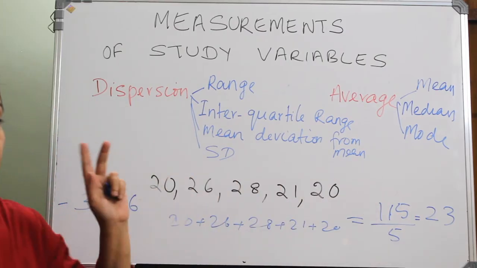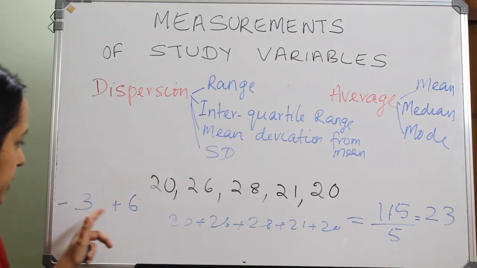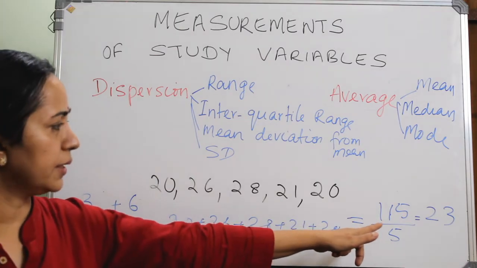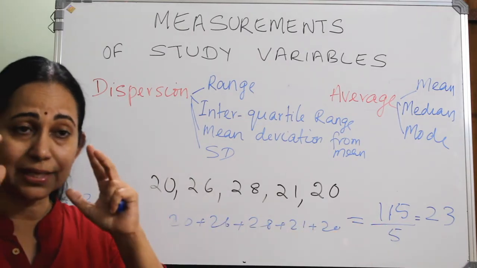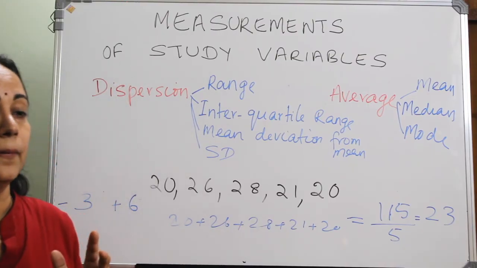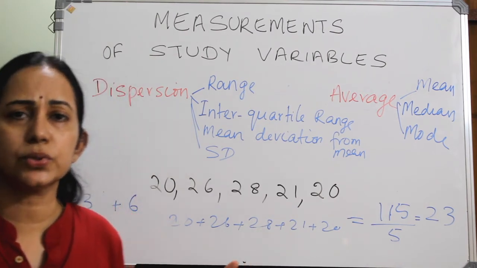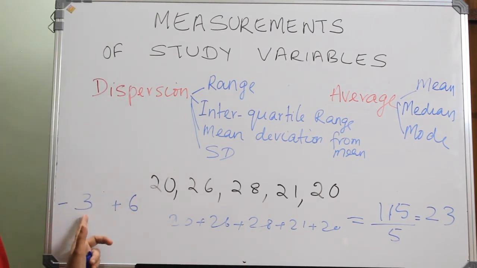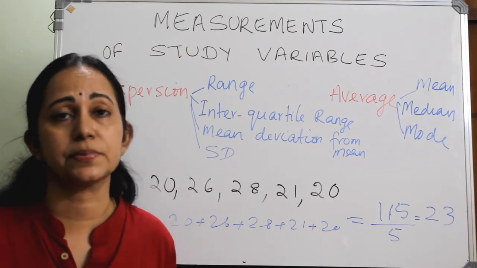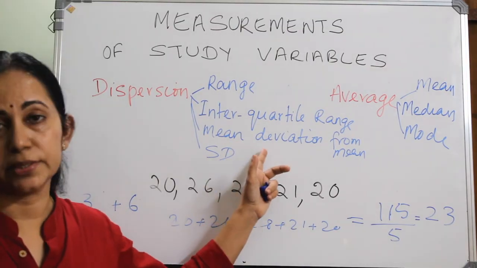Okay, so again it is easy to give an observation. You can tell that the 20 is 3 deviated from 23. So we get to know where the value stands from the middle of the set. But the disadvantage is that it ignores the sign, whether it is positive or negative, whether we are adding or subtracting. We are ignoring the sign of this mean deviation from mean.